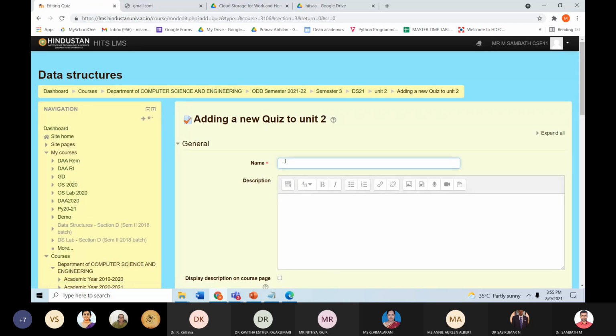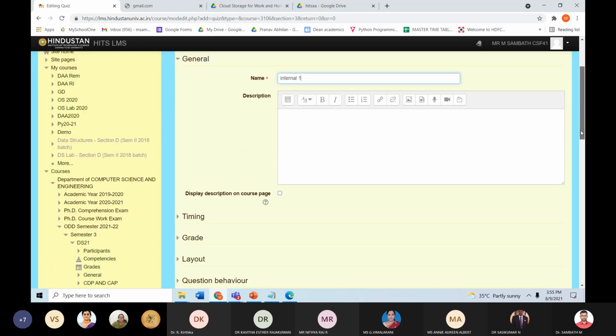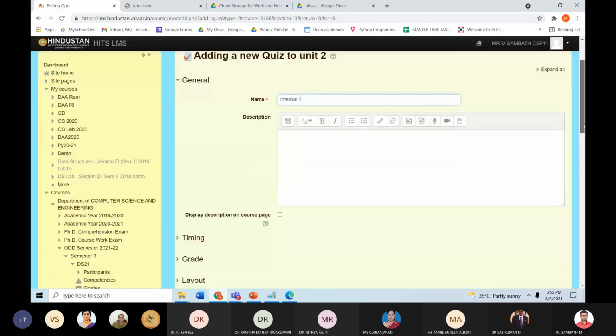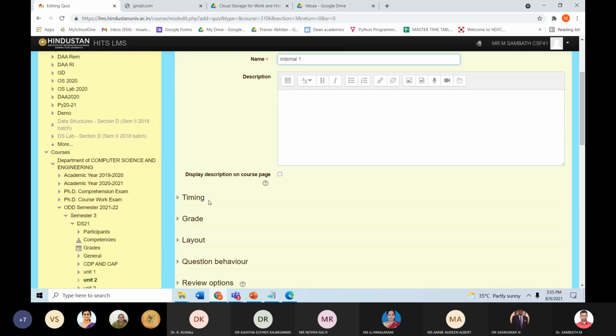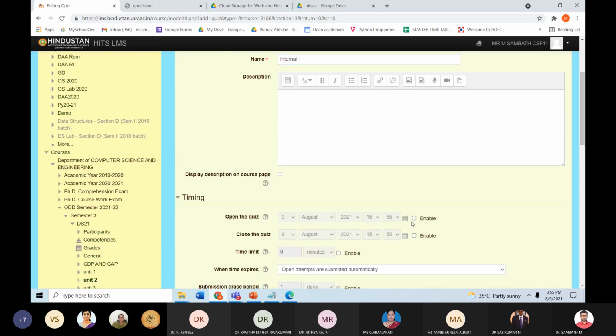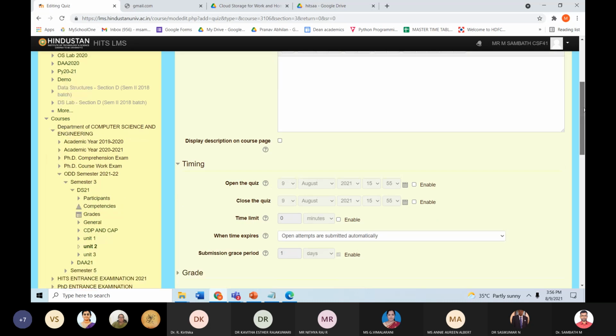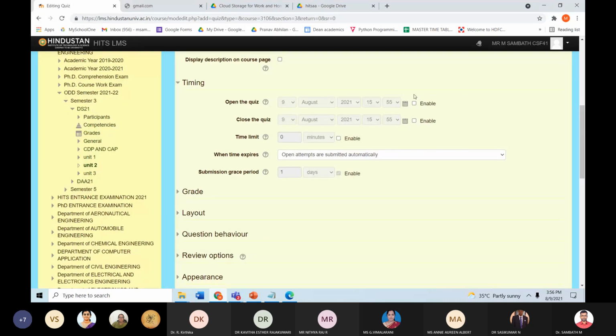For example, I am going to conduct internal 1. Make a note of these settings because this is very, very important for conducting the quiz. Name of the quiz and then timing. So timing: at what time you want to open the quiz and what time you want to close the quiz. Enable these two and set the timing. Then what is the time limit? Enable this. For example, I want 30 minutes